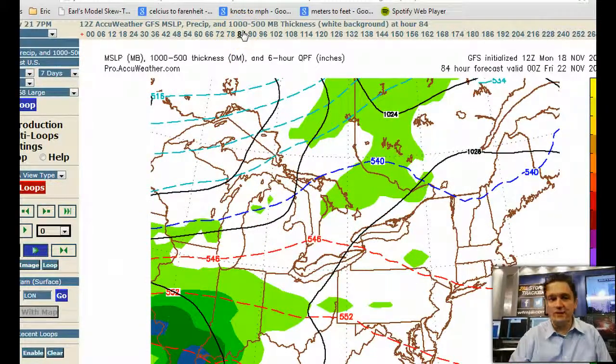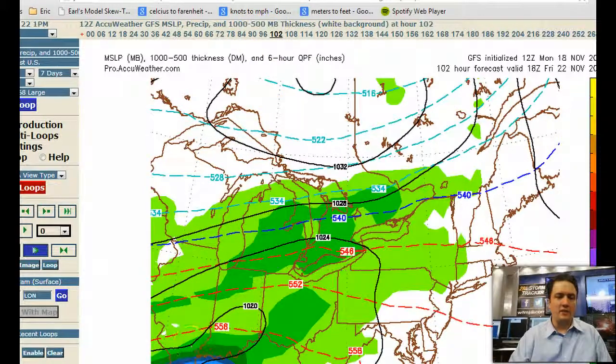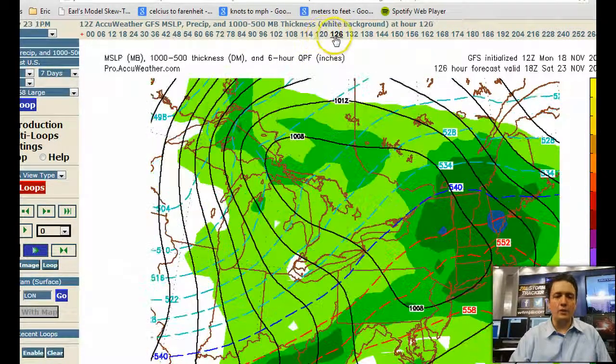Temperatures this week, very seasonable, very typical of November. We're going to be in the 40s. As we head towards the weekend, another strong cold front's going to head our way. And here's Friday's map. Now, this will be rain on Friday. Probably not a ton of it, but there will be some rain with low pressure here, a little warm front sticking out on the east side of this. So plan on kind of a damp end of the week,